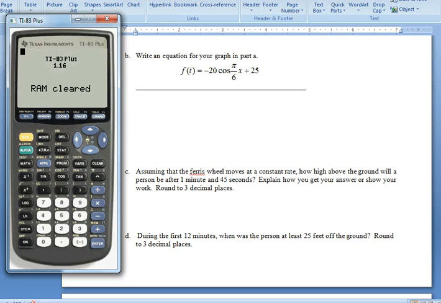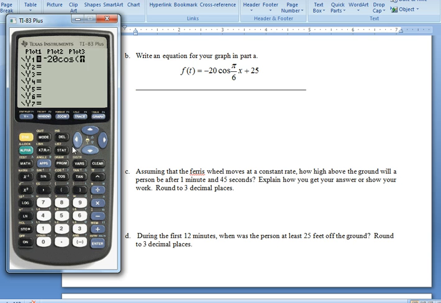Okay, earlier in the videos, we talked about how you got this equation, how you wrote this equation. So you're going to need to watch the other videos to figure out where the negative 20 cosine pi/6 x plus 25 came from. Once you get to the calculator steps, though, for C and D, you can type it into your equation. So I have negative 20